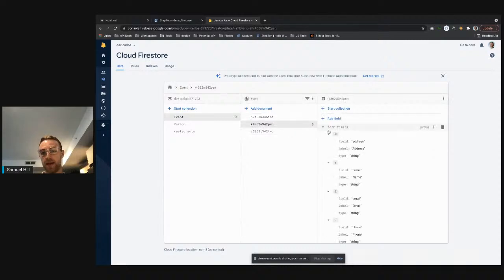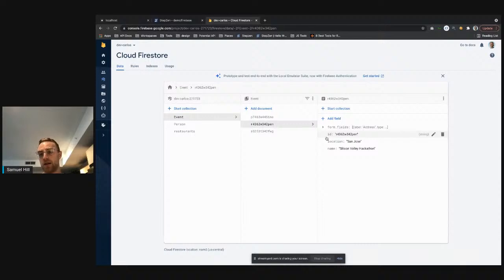And then moving over, we have form fields for an individual event called the Silicon Valley Hackathon based out of San Jose. And then the last one being Miami Vice Hackathon. So you're saying, why are there fields associated with each event? So the way we look at this and the way we're building this app today on Next.js is